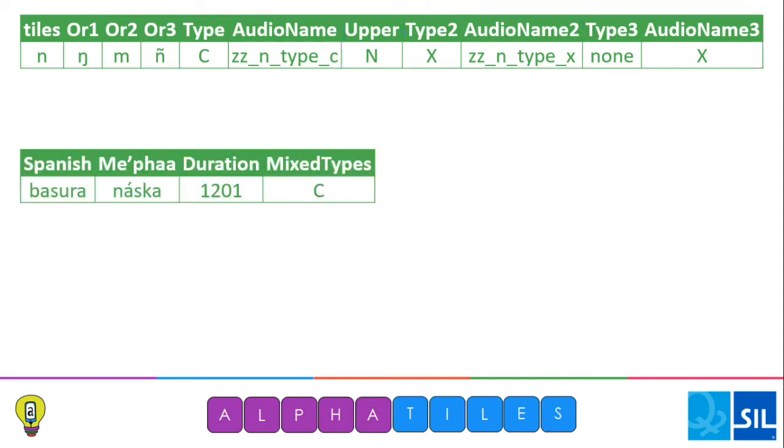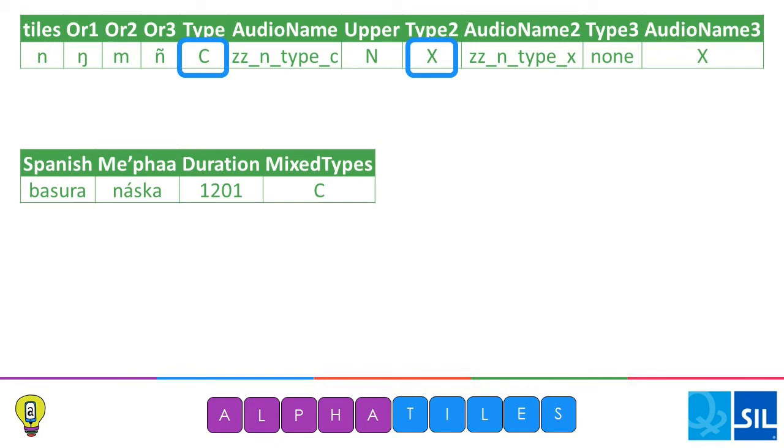Okay, now we're looking at the word list. So the tile list and the word list work together to solve this challenge of the multifunction symbols. So we have the Spanish word basura, garbage, the Matpa word nazca, the duration of the file in milliseconds, and this mixed types column. So this mixed types column is how we're addressing the problem. So the mixed types column is basically an answer to a question. So if we're playing a game with the word nazca and we remove the tile in for a game and the game says I need to know what type that tile is, it checks the game tiles list and it